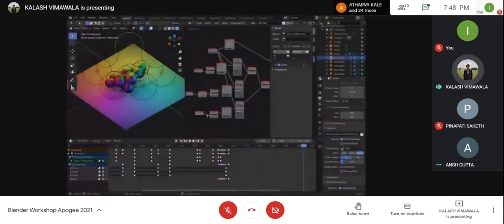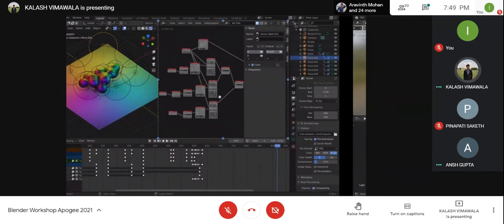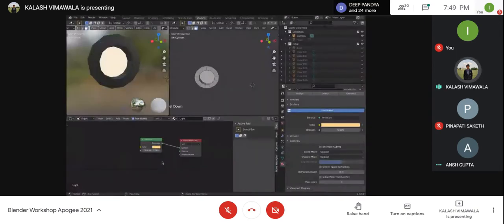All right, so this was one of the files that I worked on, and if you see this part over here, it has so many different nodes attached to it. Now you cannot manage so many nodes simply through the properties tab, because it's too many nodes to manage. So this shader editor in particular is helpful if you're working with many nodes.